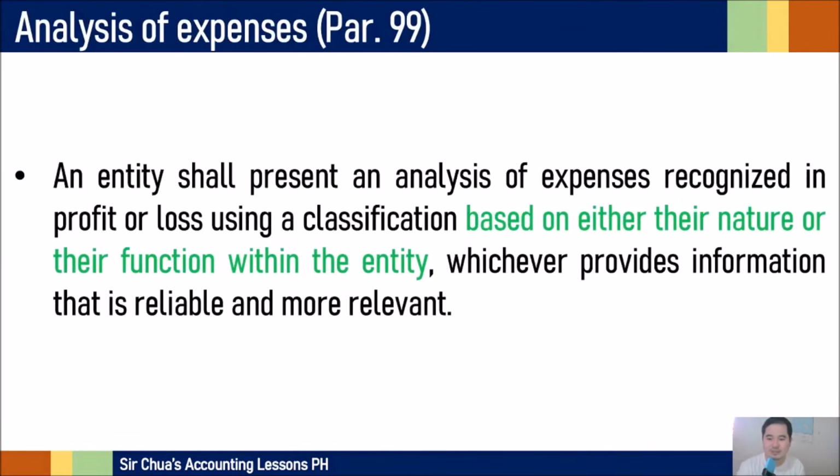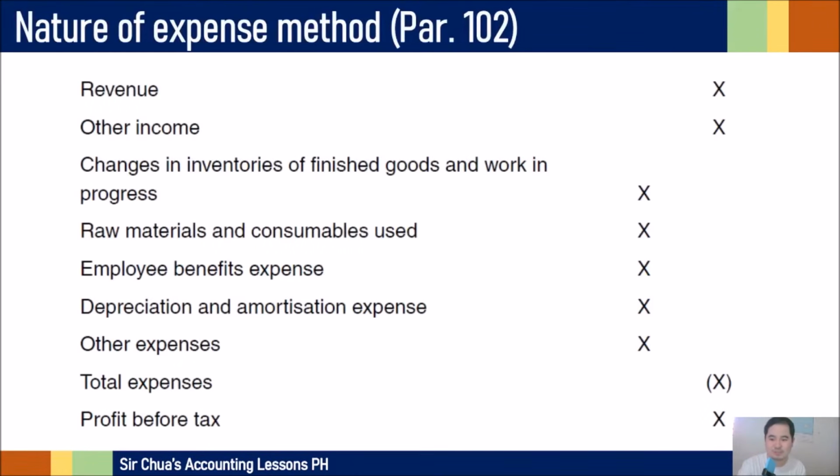Okay, now with the expenses, inaalaw po tayo under paragraph 99 na i-present po ang expenses either on their nature or function. Kung ano daw po sa tingin nyo na way na pagpe-present ng ganitong mga expenses natin, magiging reliable, relevant, and syempre understandable. Okay? So, meron po tayong tinatawag na nature of expense method. Pag nature of expense method po, dalawang component lang, revenue and expenses. Tapos yung expenses mo po, naka-report based sa kung ano ba yung nature niya. Ano ba talaga siya? For example,